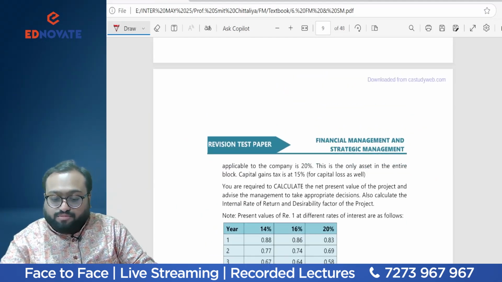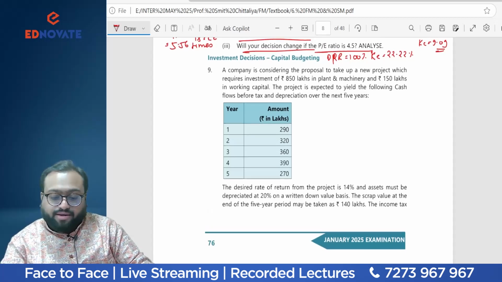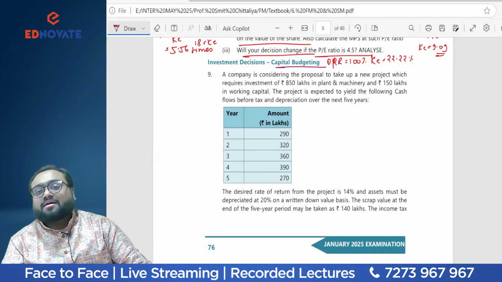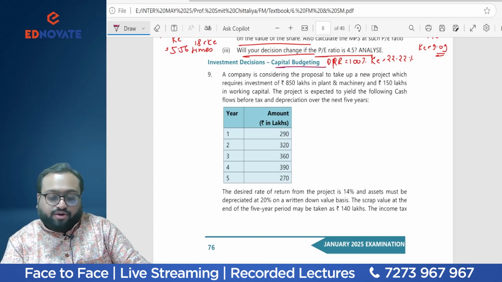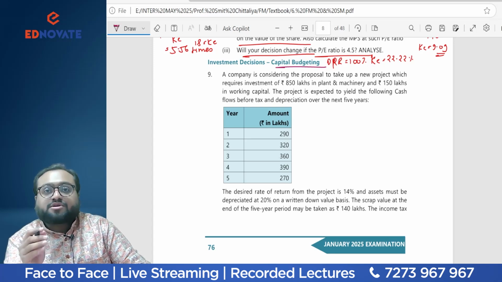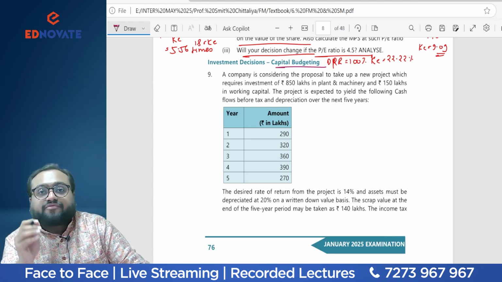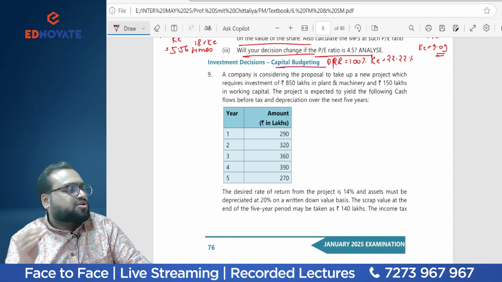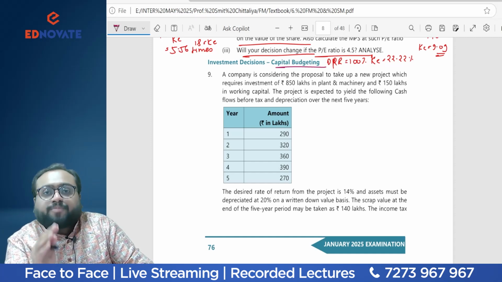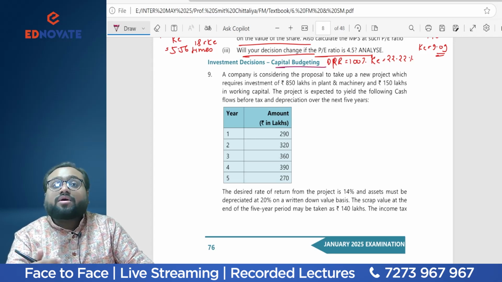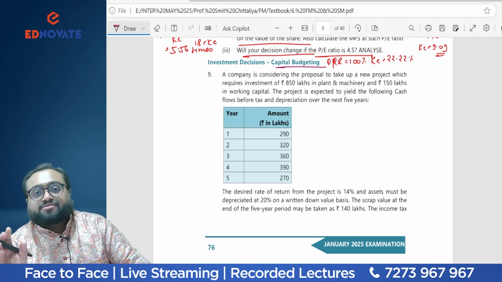Now, students, coming to the most important area. Why is it an important area? Capital budgeting sums are always asked in exams. Capital budgeting sums are always favorite of the ICAI. But this time, what RTP question is there? What I feel, the person who has drafted the RTP has drafted it in favor of students. All assumptions, all notes, everything is given so properly that if the student is solving the RTP, there will be no if and but. Student doesn't need to make any assumption.